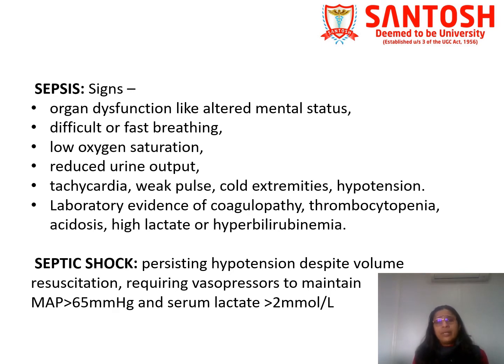And the laboratory evidence would show coagulopathy, thrombocytopenia, acidosis, high lactate or hyperbilirubinemia. So if these conditions are present, it shows that sepsis has developed in the patient and he needs continuous monitoring